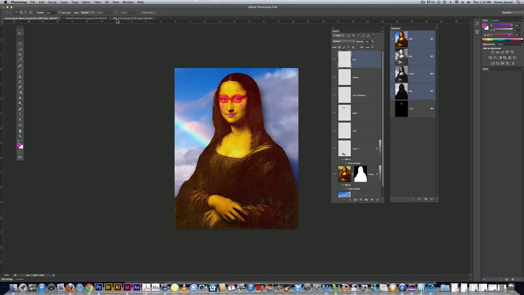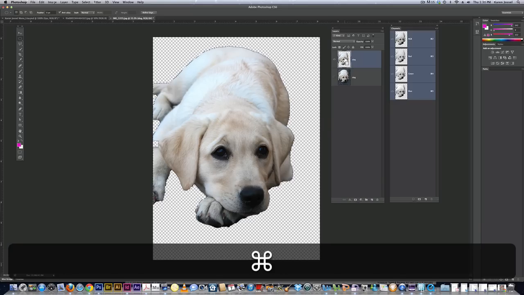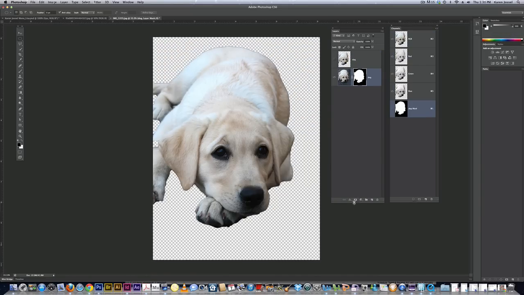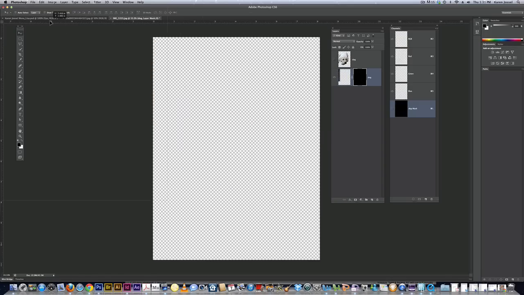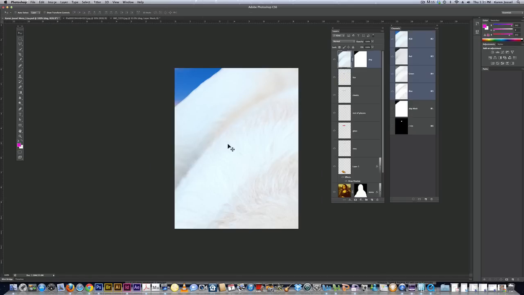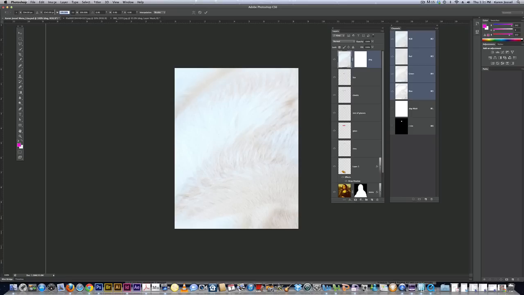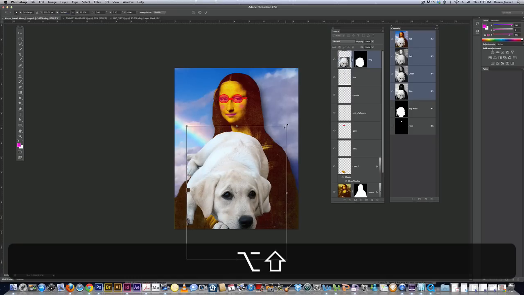I'm going to go back to the dog picture. And instead of cutting the dog out, I'm going to add a layer mask to the dog. That way, if I find any mistakes, I can always go in and fix the dog. So I'm going to get the Move tool and move the dog with the layer mask into here. We know it's really big, so we're going to go to Command T, lock the width and height, and go down to 20%, which we're probably going to go even lower, but I want to see what I'm doing,